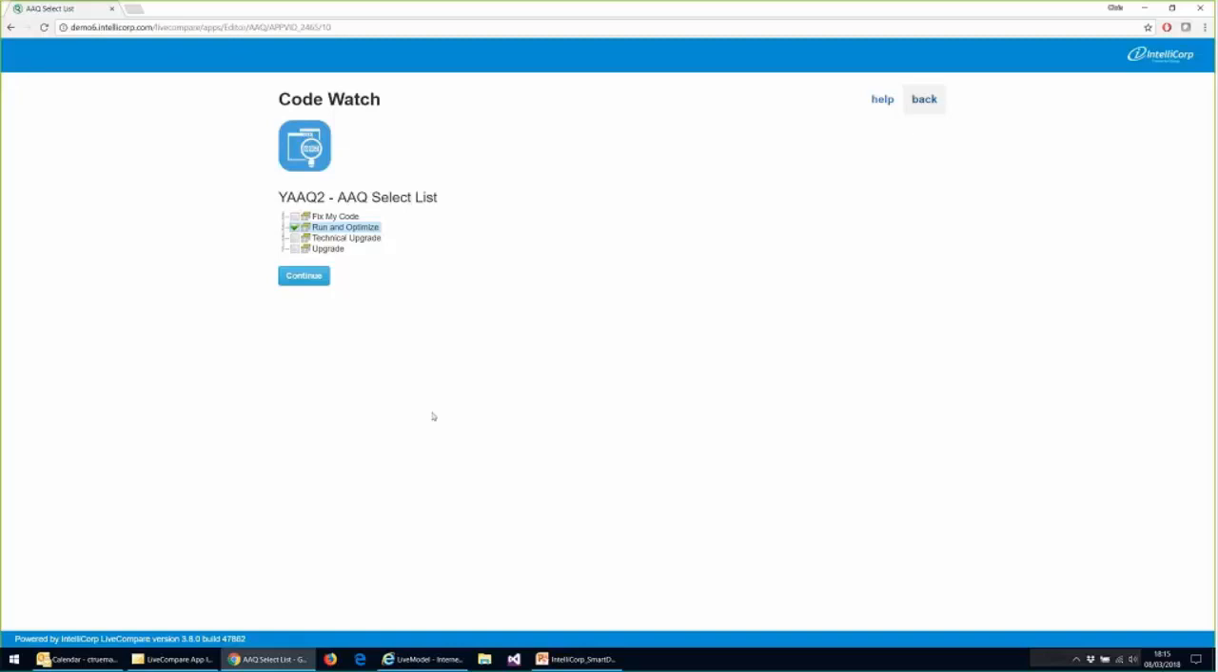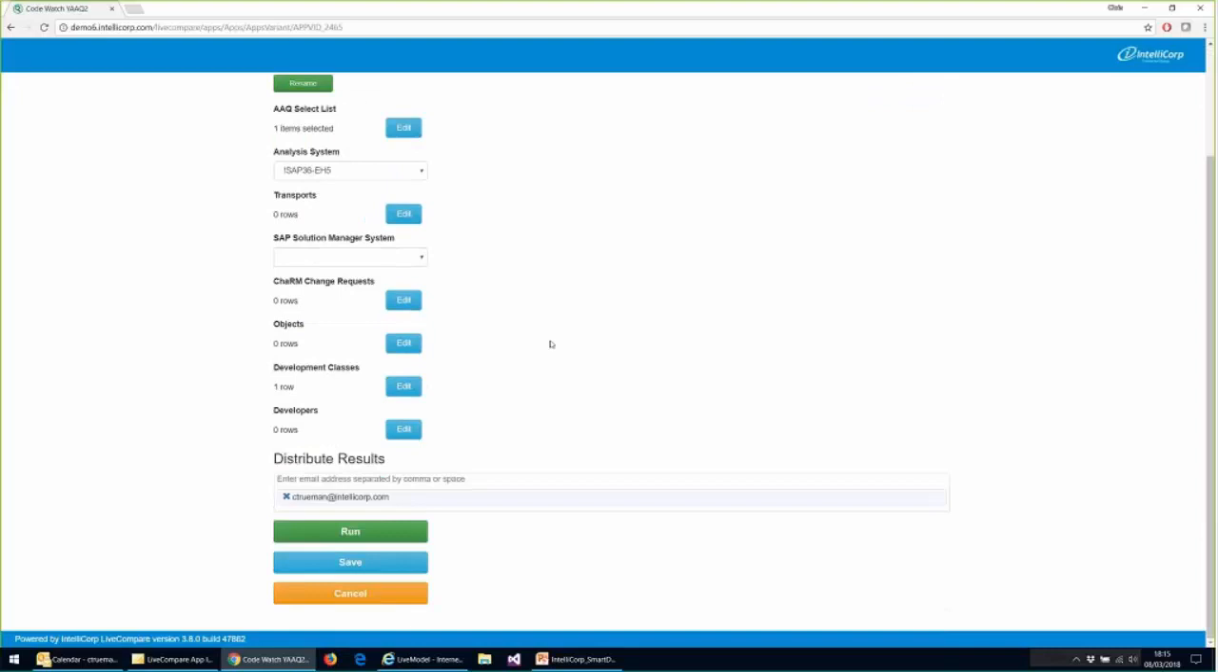Okay, so let's go back and just look at some of the other inputs. My scenario here is a custom release, so my analysis system would be a development environment. And then it comes down to, well, how do I tell LiveCompare what objects I want it to go and scan? If you've got a regular release frequency, maybe you're doing drops on a monthly, weekly, or even daily basis,